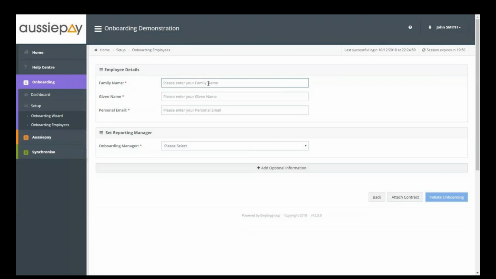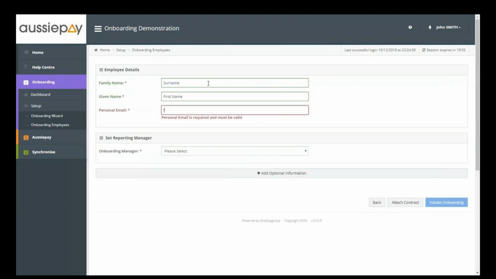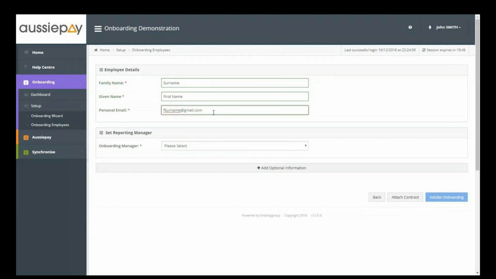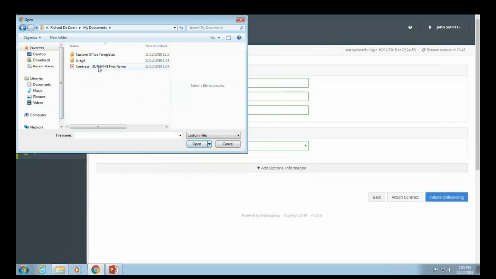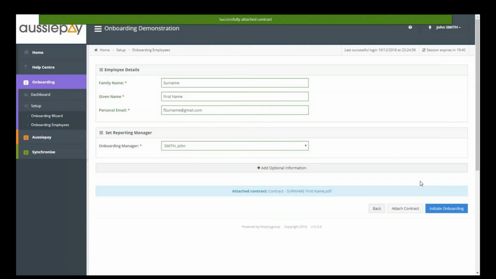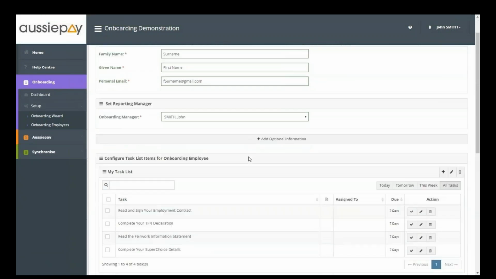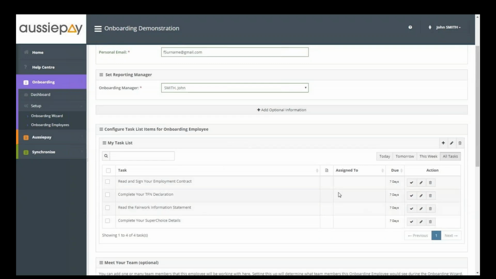So you'll need to put in the family name, the given name, and the personal email address. At this point in time, you've got to remember the employee won't have a work email address, so you'll normally be using a Gmail or something like that. And then you'll choose the onboarding manager. You can attach a contract, so normally that's going to be a Word document or a PDF. And at this point, you can initiate the onboarding if you want to,